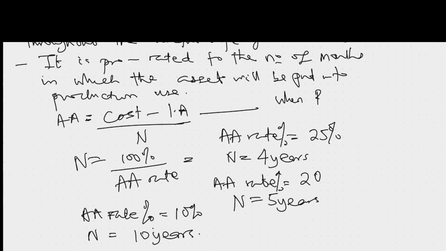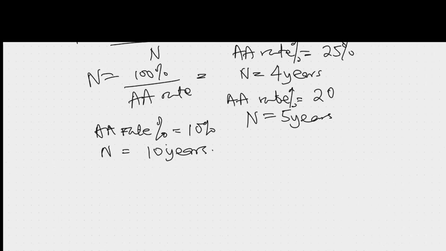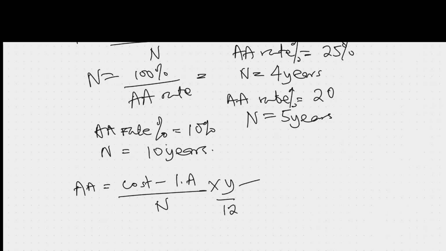AA is equal to cost minus initial allowance divided by N multiplied by Y over 12, where Y represents the number of months within